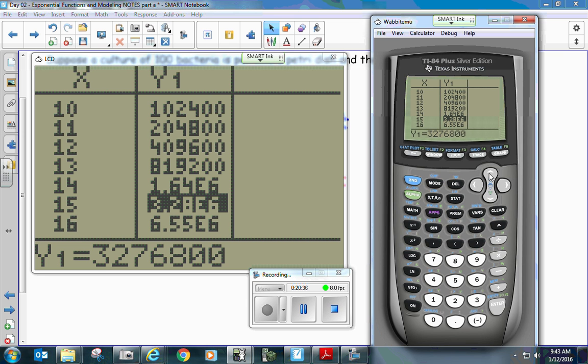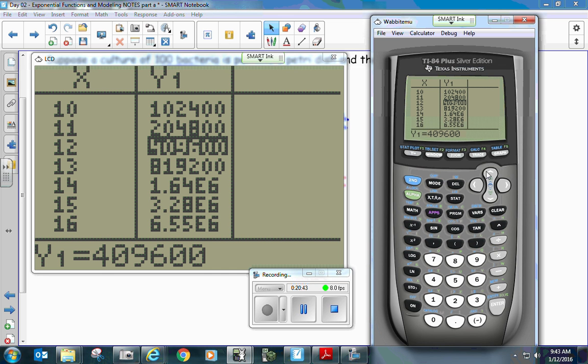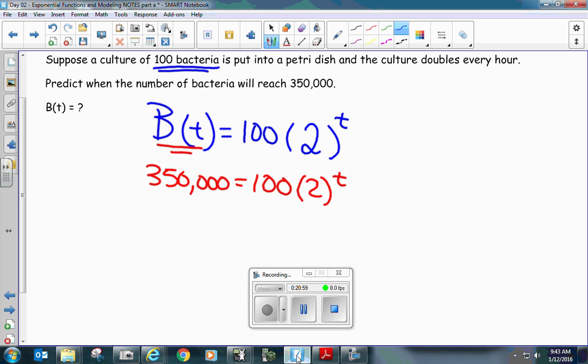Is that, no, that's million. Wow, that's up there. Between 11 and 12. Between 11 and 12 hours. That's when it's going to hit 350,000. If you wanted to get exact, I would have to graph this in Y1 and this in Y2 and see where they cross. But according to the table, if we did this right,